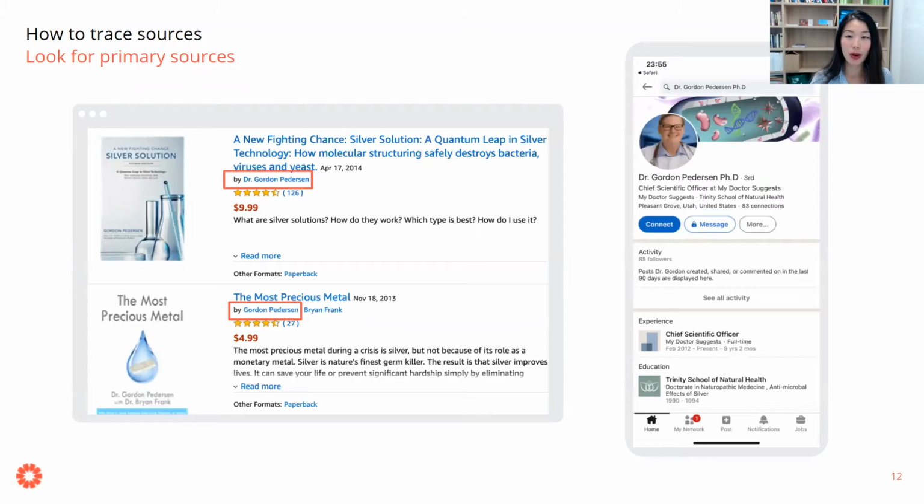Gordon Peterson, who has been promoting his books on Amazon and other materials. He argued that sulfur is a powerful medical treatment. And then when COVID hit, he started to say that sulfur can cure COVID as well. If you look at his LinkedIn here, he says that he has a PhD and multiple medical degrees. The LinkedIn profile picture shows someone who dresses like a physician and who is supposed to live in Pleasant Grove, which is a city in Utah. But bear in mind, LinkedIn is not a primary source of information. Anyone can say anything they want about themselves, their professional background, and education.